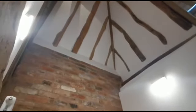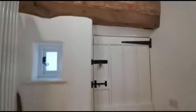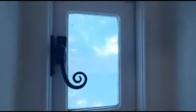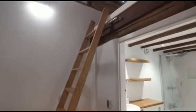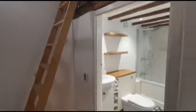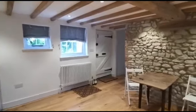Just turning slightly, we have got vaulted ceilings here, again plenty of character seeping in. Love this tiny little window that you've got here, part frosted, giving character. And then you've also got your door as well, leading on out with a ladder leading up towards a dressing area or study. Continuing with the tour, we're going to go back through the kitchen diner in towards the sitting